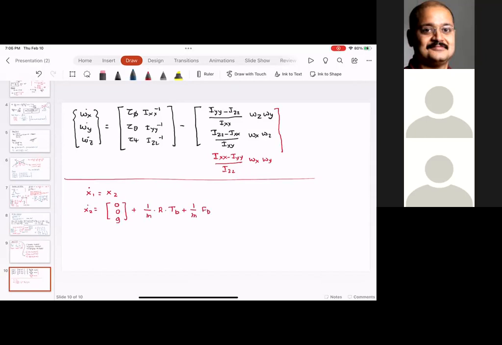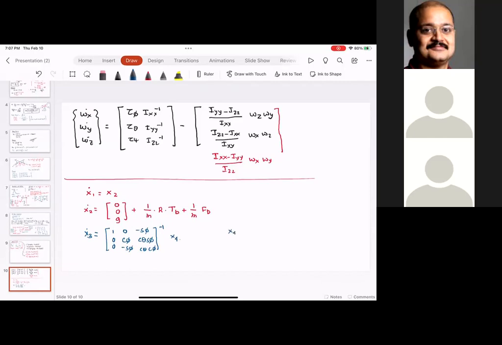And I'm just going to write this equation in a short form. X3 dot is equal to 1, 0, 0, 0 cosine phi minus sine phi, minus sine phi cosine theta, sine theta sine phi cosine theta cosine phi, the inverse multiplied by x4,